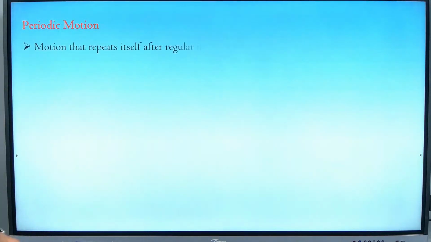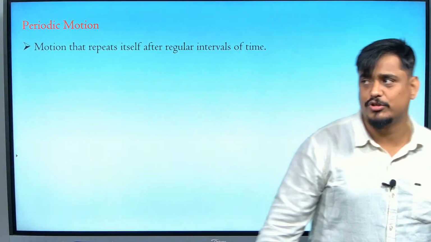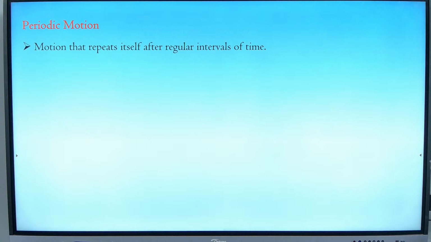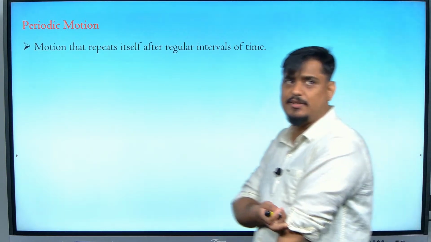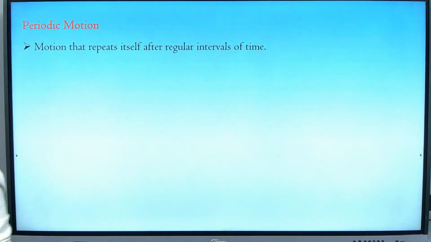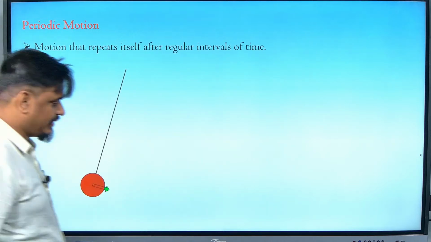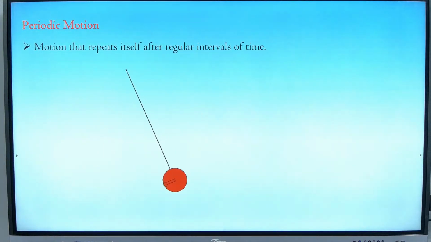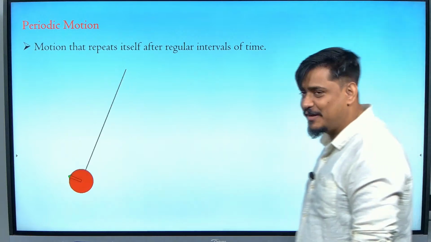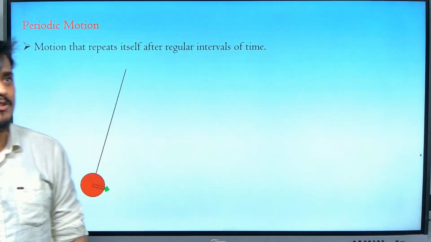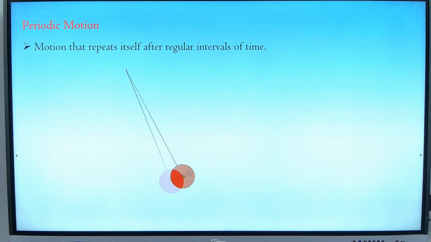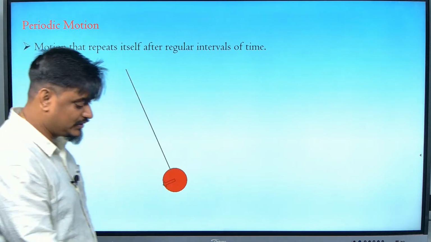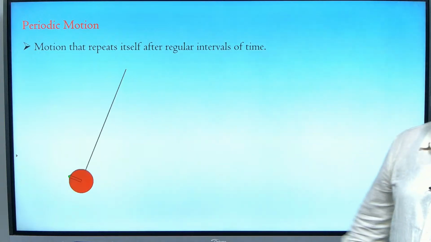So then comes the definition of periodic motion. All of you can write it. The motion that repeats itself after regular intervals of time is said to be periodic motion. Like how I said, now this is periodic, man. This is not a human being. This is a periodic motion literally, where a bob is attached to a string and it is moving to and fro. It's a periodic motion, obviously, no doubt in that.